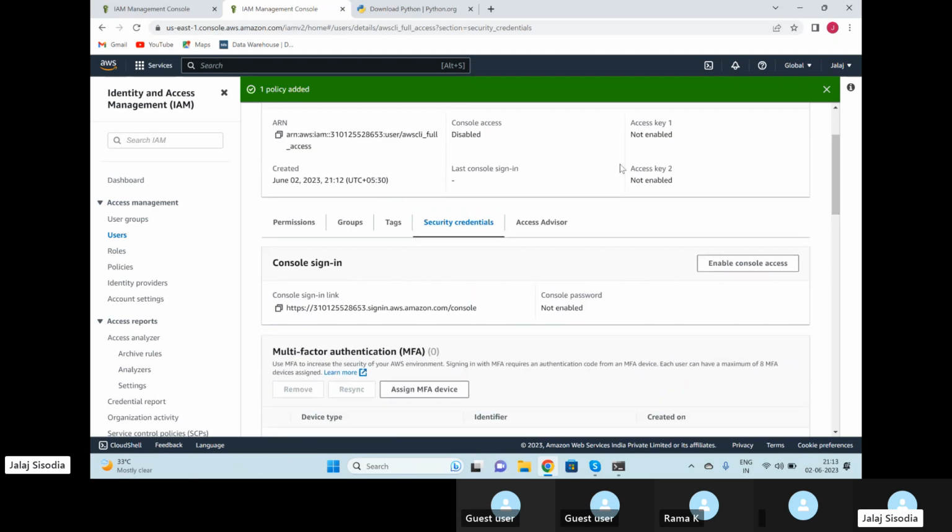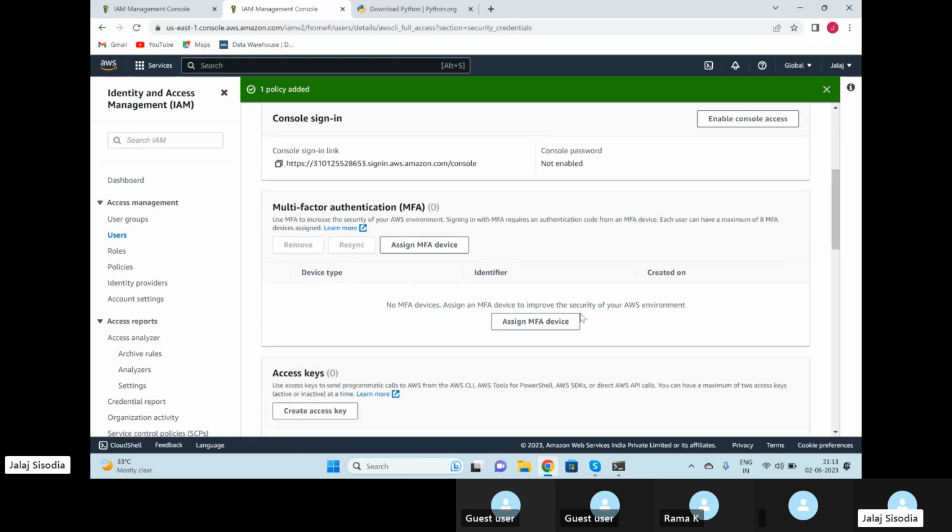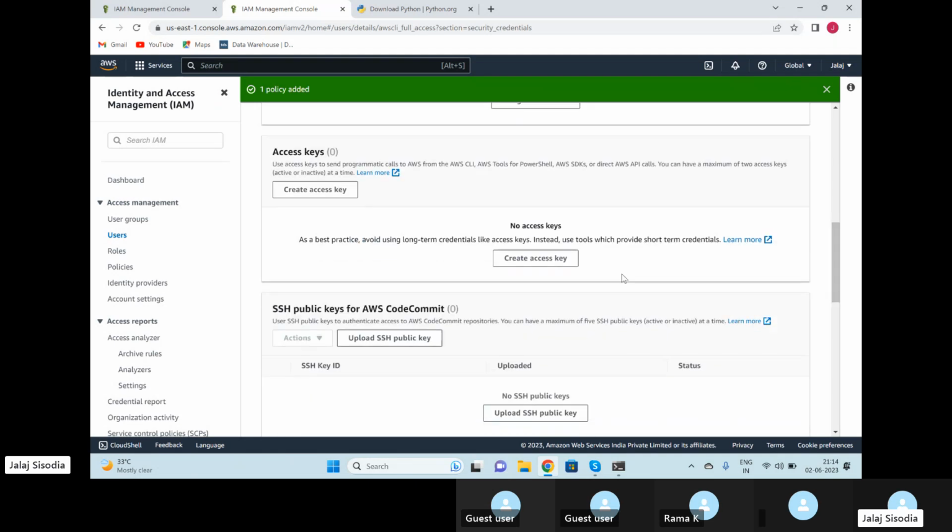This process we have already done quite a few times, creating a user and assigning them the roles. Then click on access key and click on create access key. Just drag it down a bit more. Click on create access keys. Okay, any button is actually fine. Click on create access key